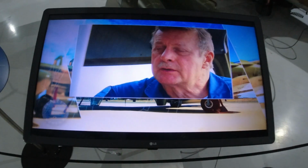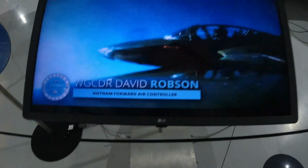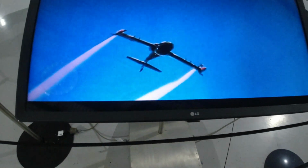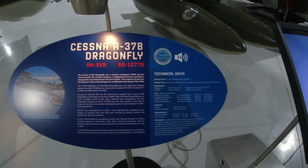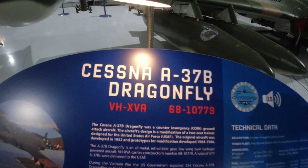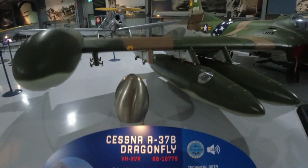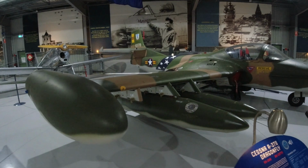The A-37 was so good because, as well as being very experienced pilots, they were generally operated by a South Vietnamese Air Force unit, but with a very experienced United States Air Force pilot with them. Very well trained. The airplane was small enough, close enough to be able to position and deliver the weapon very accurately. And with all of those pilots,